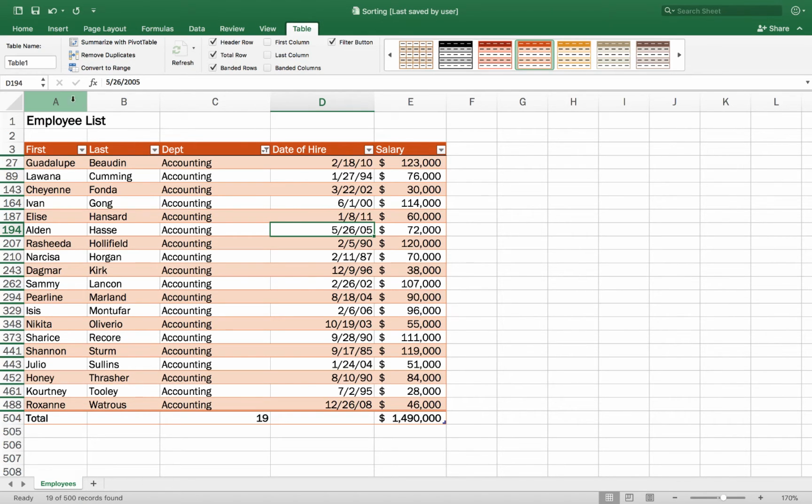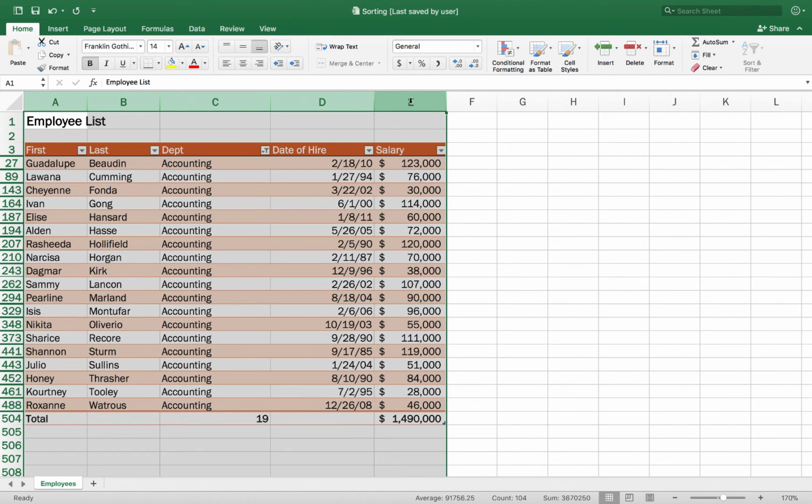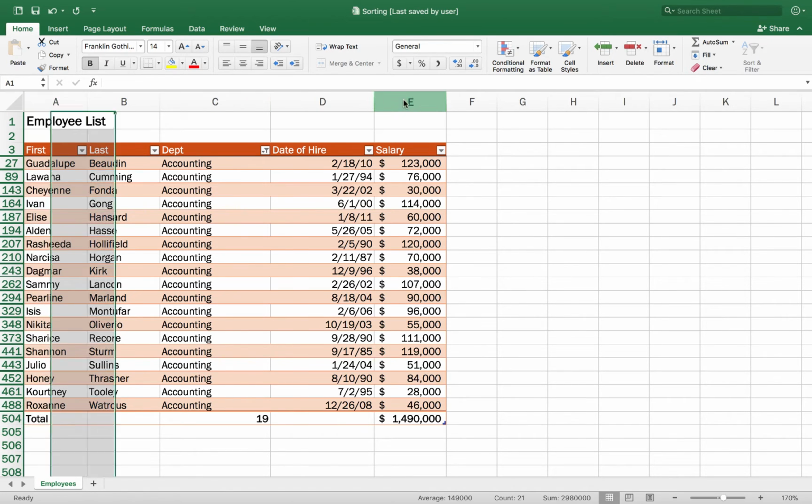Mm-hmm. So if you click on the first column and you use the shift key, you click on the last column, you can get all of those, right? So shift lets you click on the first item and then shift click on the last item and you can get everything in between. So if you want to select non-adjacent items in Excel, you can click on one and then use your control key to click on the other one. Oops, actually on the Mac, is it command, excuse me. On the PC it's control, on the Mac it's command, and sometimes I get my wires crossed between the two platforms.